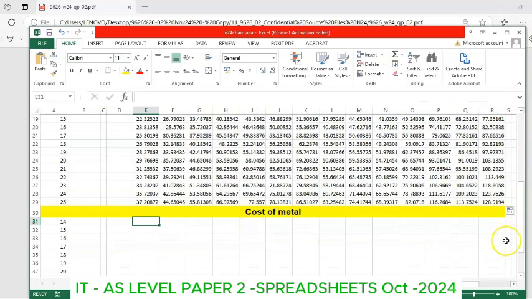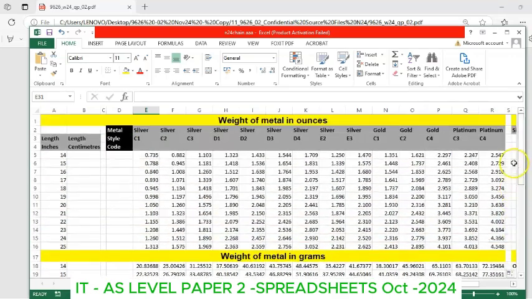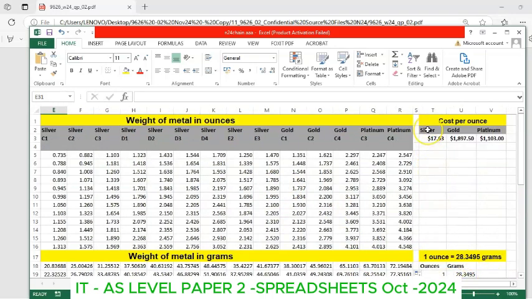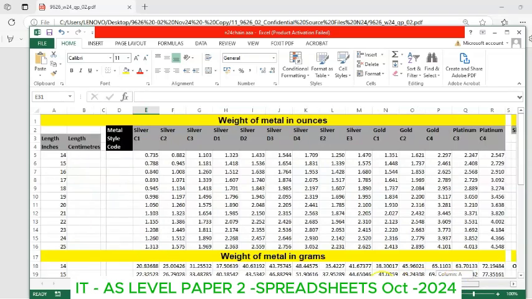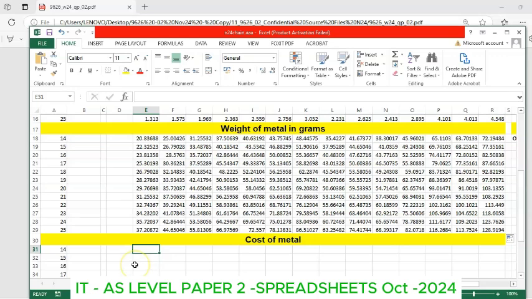So, using my if statement, I'm going to target this cell. If this cell, which is E2, is equivalent to this cell, which has silver, it means I'm going to multiply by this. But if that cell is equivalent to gold, then we have to use the gold price. If it's platinum, then we have to use the platinum price. So the formula is like equals to if,